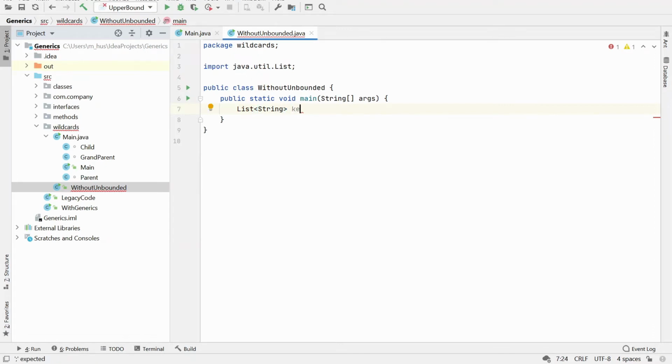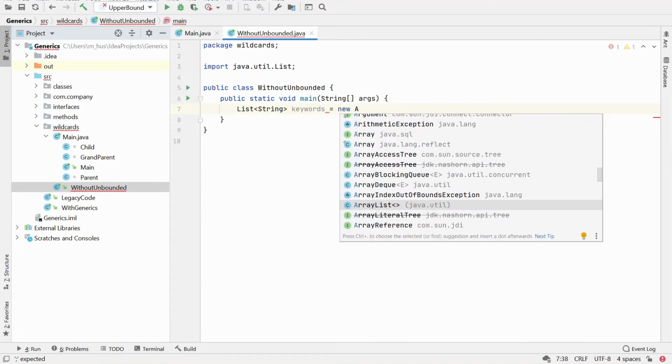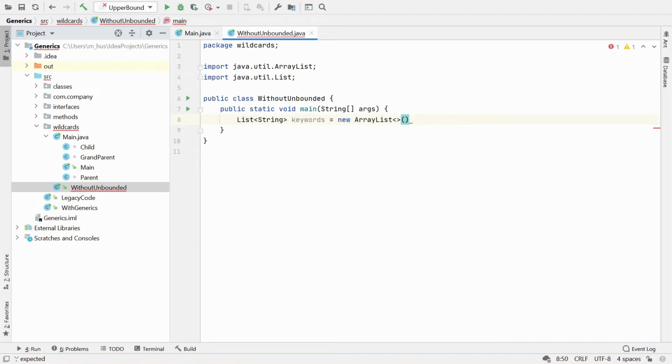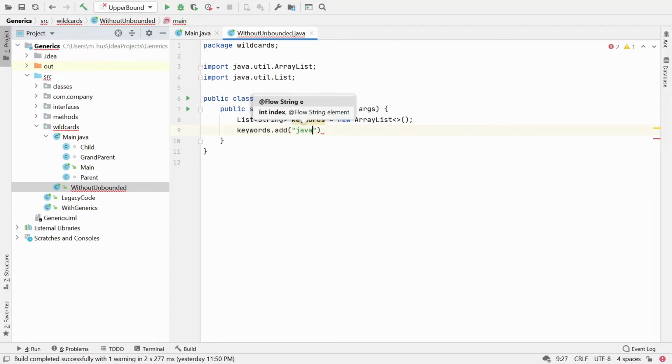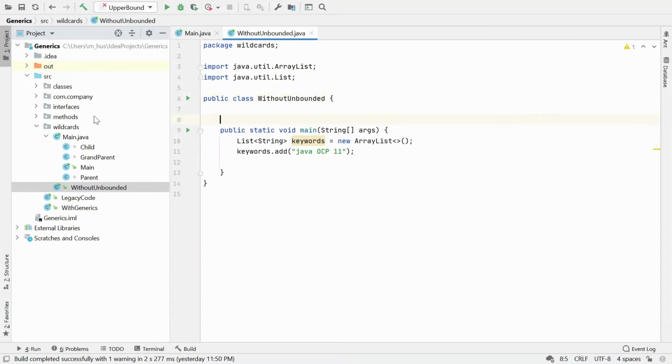I call it keywords, and I am going to add, it is a mutable list, Java OCP 11, and then I would like to pass this list in the class function named printlist,